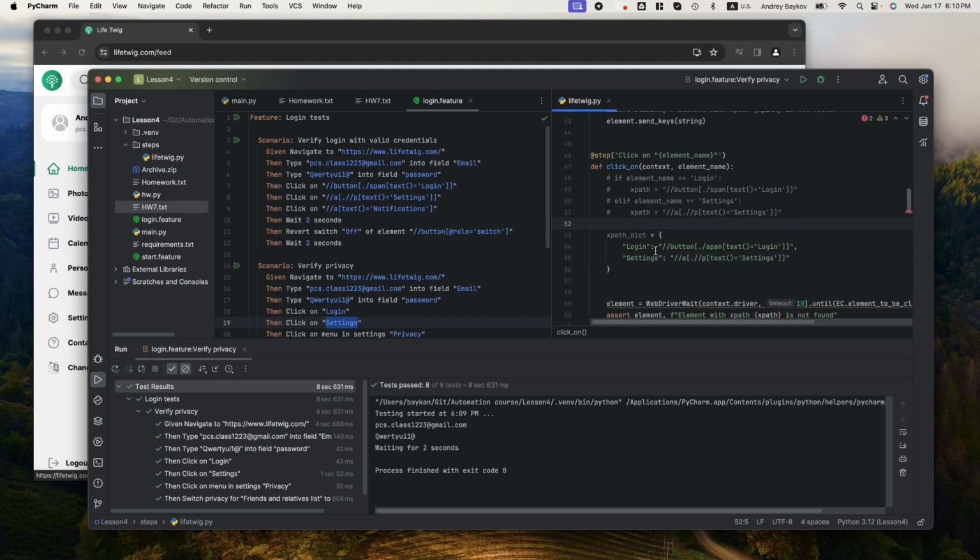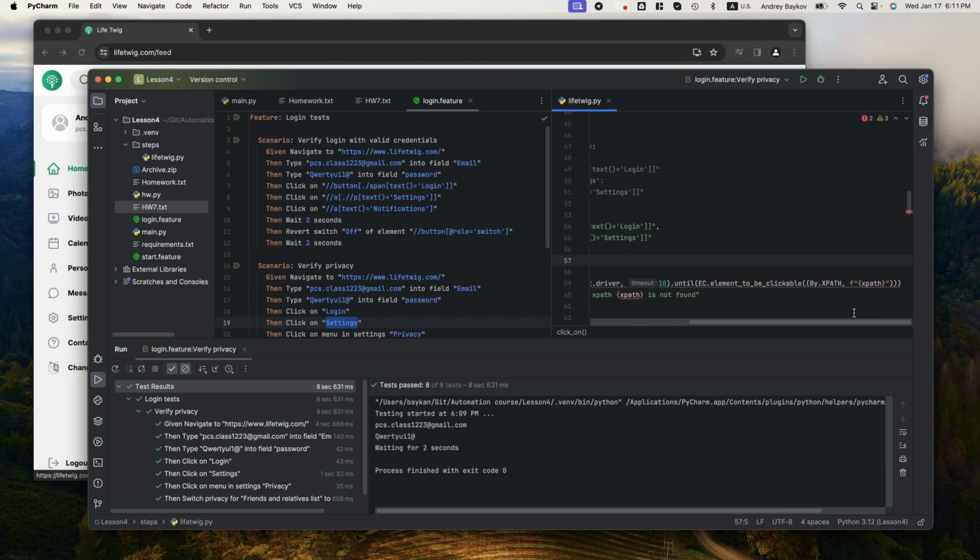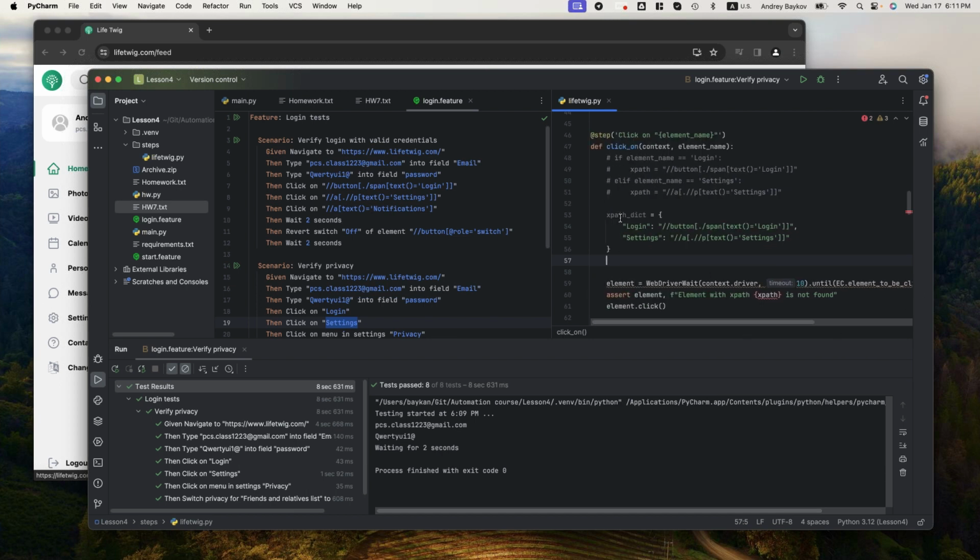Okay, now we have a dictionary with different XPaths. Of course, it depends on your situation. It can be done in different ways. I just want to show you different ways how we can do this. And here we don't need to provide an XPath anymore. We have to provide an XPath dictionary,